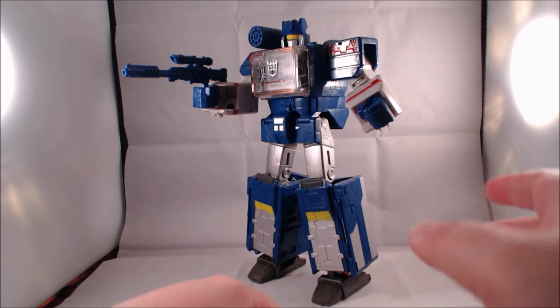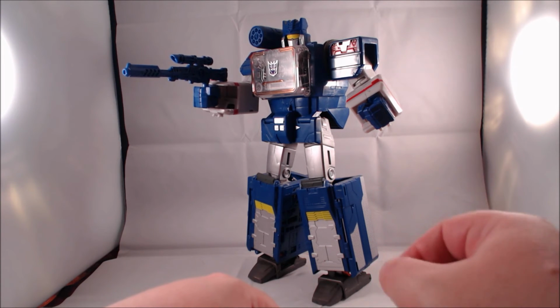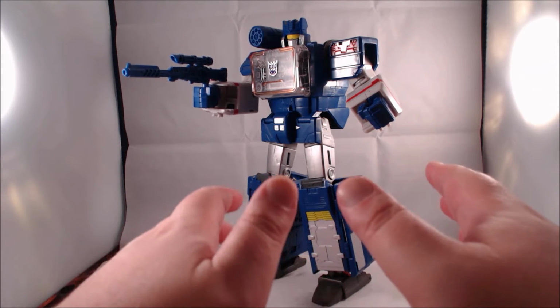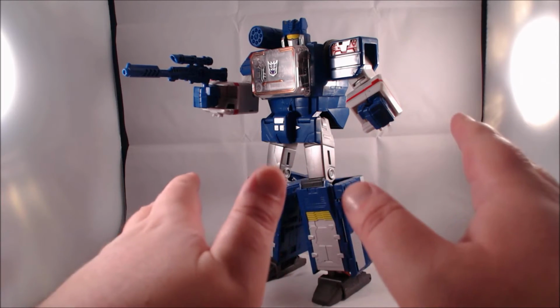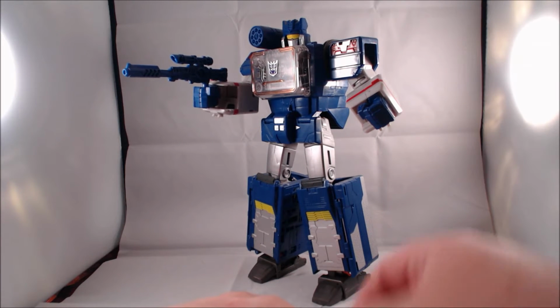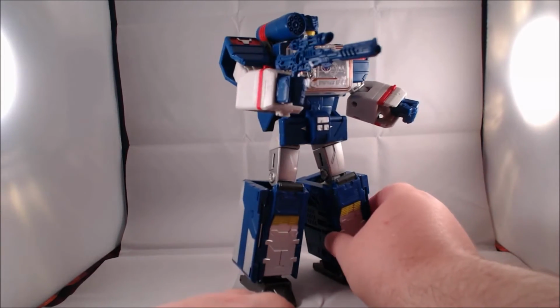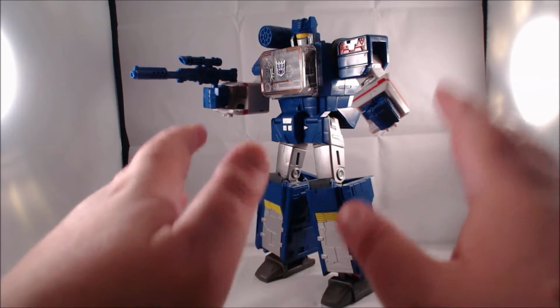Other than that, I was happy to find that the panels on the legs do peg in a little more securely, and I was right when I said in my original review of Blaster that the extra posts might be for Soundwave. They're for the shoulder cannon there. Other than that, Soundwave is in its classic blue colors, and I do have to say, this figure is